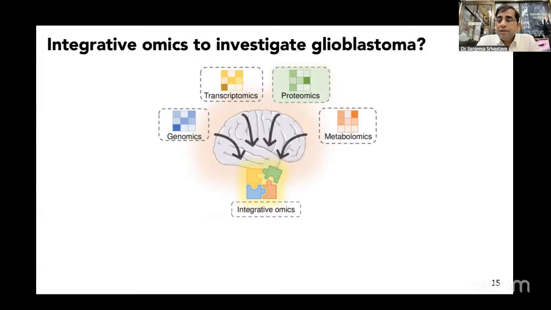One of the major things we realized, given the complexity of this tumor, is that understanding just the protein level information, or proteome alone, is not sufficient. So we should try to look at the changes at the genome level and the proteome level. Of course, one could integrate transcriptomics and metabolomics to get a more comprehensive picture. So proteogenomics aims to look at changes happening at both levels, looking at various types of mutations at the genome level, but how many of those mutations are actually responsible for giving us functional information at the